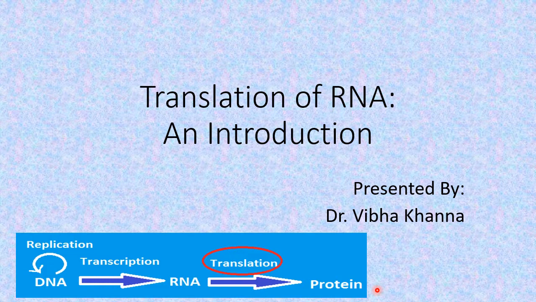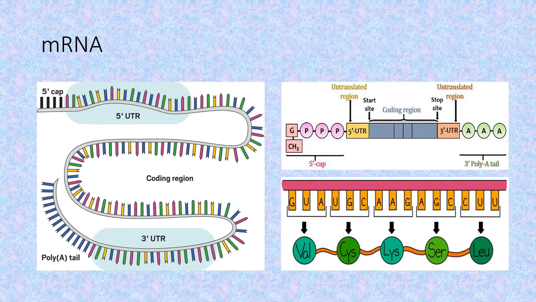So in this video we are going to see how this RNA molecule leads to the formation of a sequence of amino acids, that is, a polynucleotide sequence leads to the formation of a polypeptide sequence by this process of translation. Now, certain basic requirements for this process,